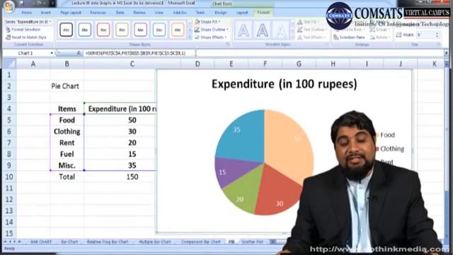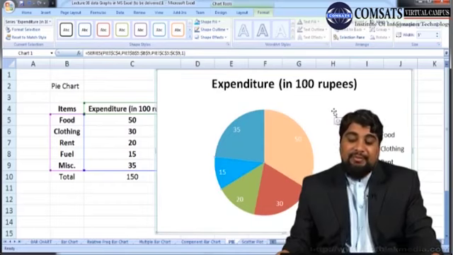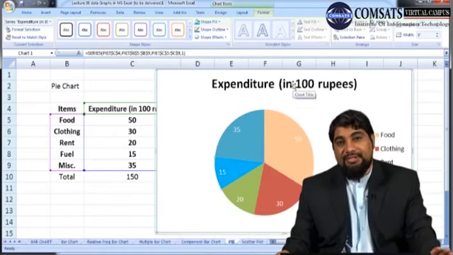Similarly, if you want to change this color, use fill shape, so you can adjust the colors. So that's it. You can add a suitable title as well. This is how we can construct a pie chart in Microsoft Excel spreadsheet program.